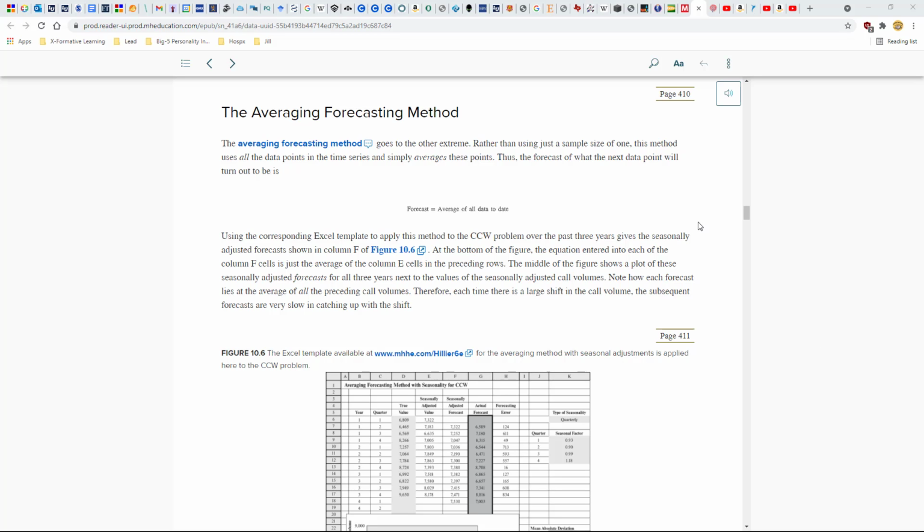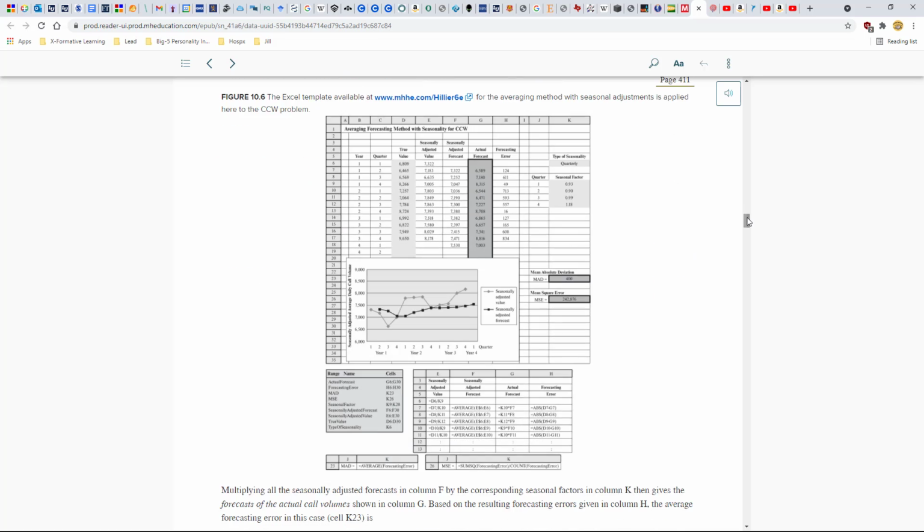Okay, now that we're remaining in the world of seasonality, we're going to be using these factors that we've generated here, but we're going to go from the last value, or what we call naive modeling, to something a little bit more sophisticated with the averaging forecast method. That means for any period, we're going to use all previous readings. The average of all previous readings will be our forecast for the upcoming period. Okay. So when we take a look at this, it looks almost like the same sheet, but